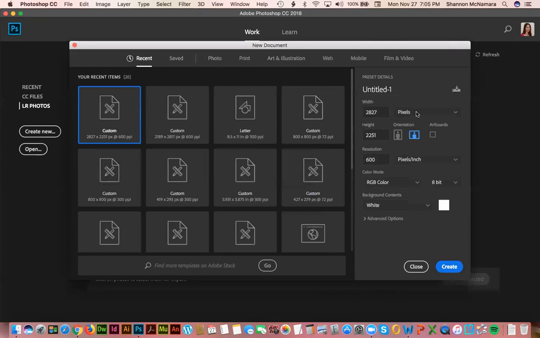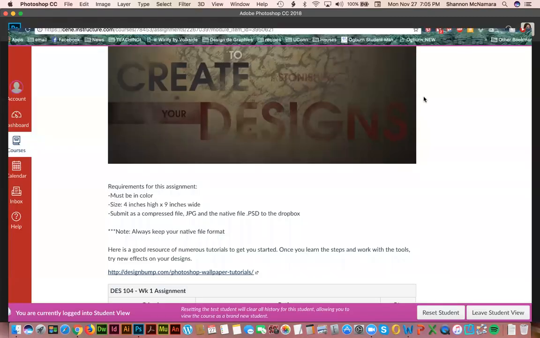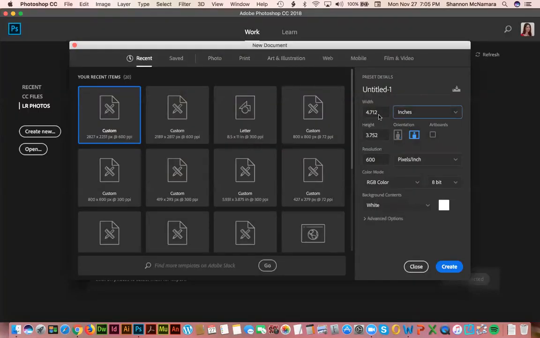So it may have defaulted to pixels. So you always want to make sure you change it to inches if you need something in inches. So again, I need it to be 9 inches wide by 4 inches high. You should set your resolution to 300. That's probably a good resolution to work in,